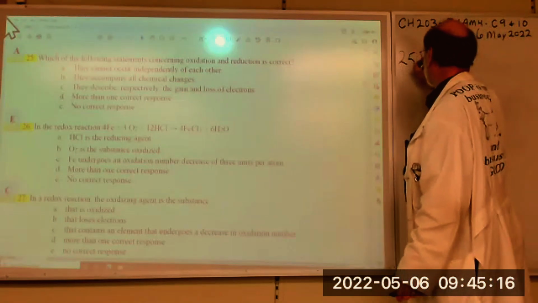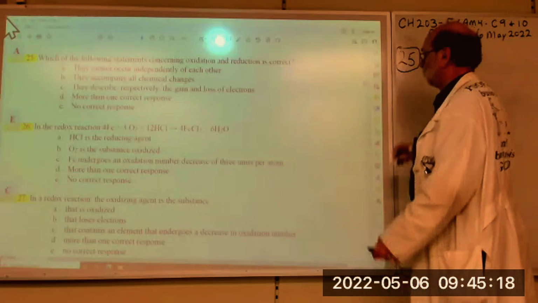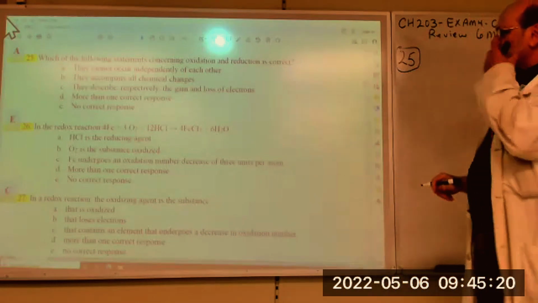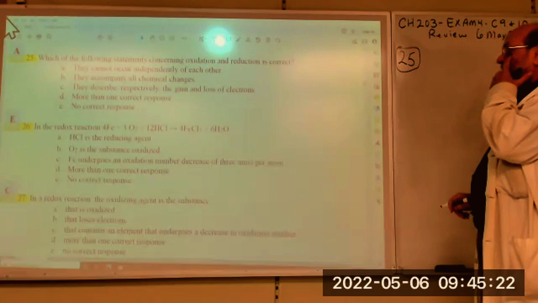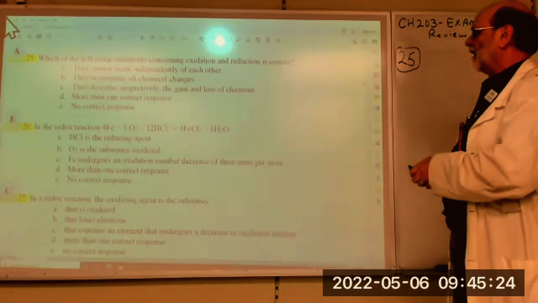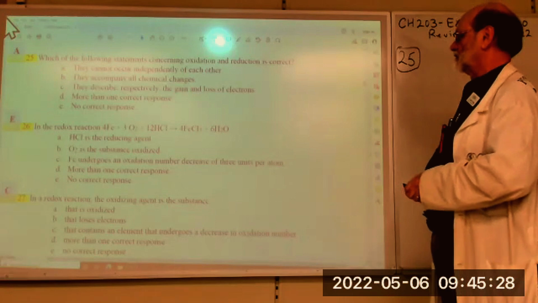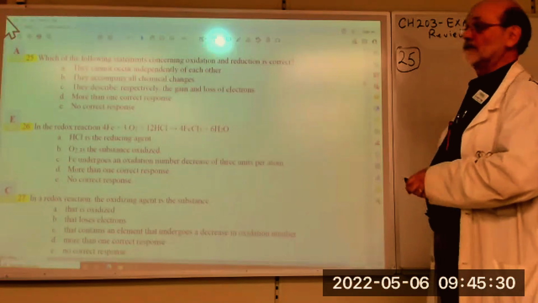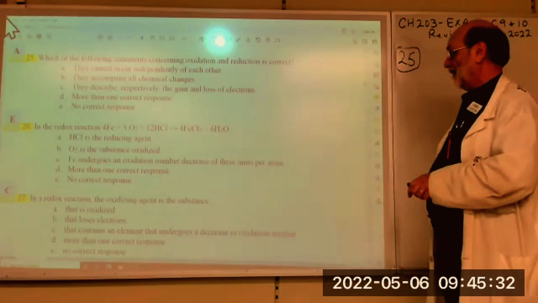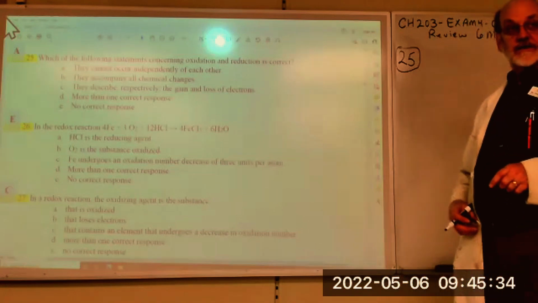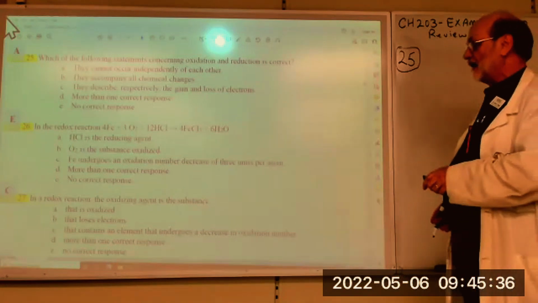25. Which of the following statements concerning oxidation reduction is correct? Okay. They cannot occur independently of each other. Yeah, that's true. If you have an oxidation, you've got to have a reduction. They never occur